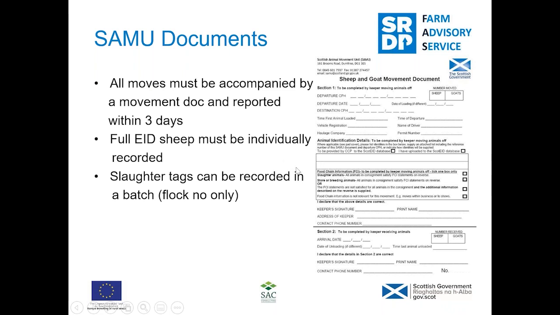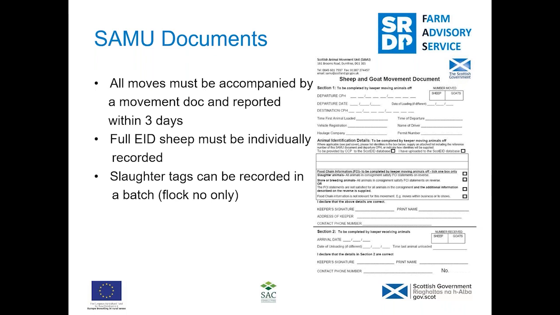Good. Yeah, so as I was saying, the full EID sheep must be individually recorded. However, slaughter animals can be recorded as a batch. So here in the EID section, you could put your flock mark. And also, in addition, if you attach a list of individual numbers with your SAMU document, make sure that you include the reference number at the bottom of the document, which can be found just on the bottom right-hand side, and also add on at the top of the document the departure CPH,